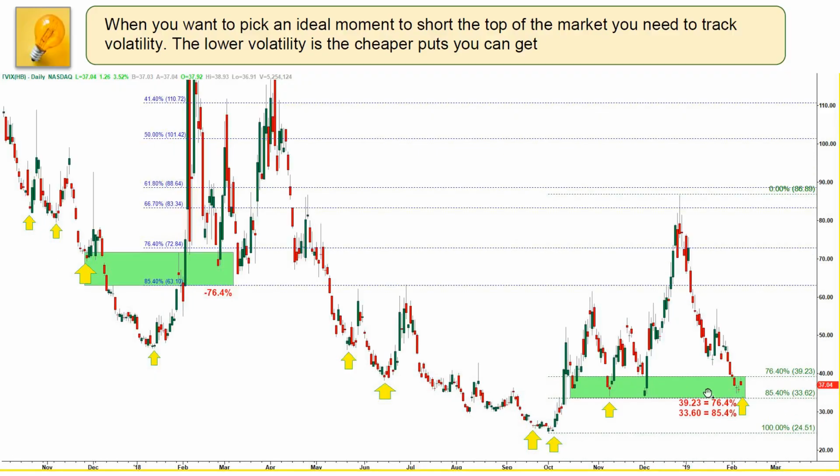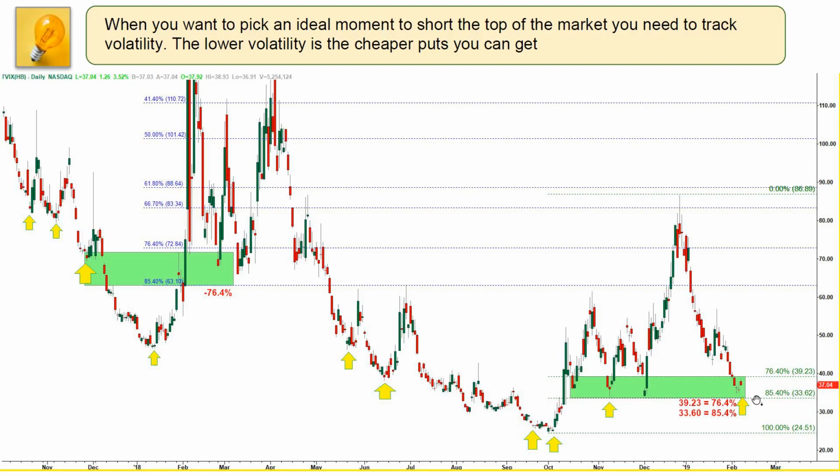I also posted another chart where I pointed to a similarity between different bottoms of volatility. I noted that normally volatility bottoms out with small daily candles, so-called dojis, the sign of indecision in the market. Here it bottomed with a doji, here with a doji, a couple of dojis here, two more dojis here, another doji here, and finally we get two daily dojis this week. That's a great sign that the market may be topping and volatility may be bottoming.